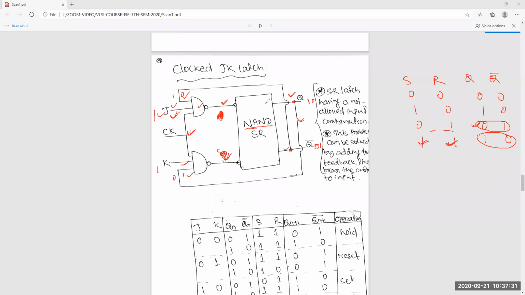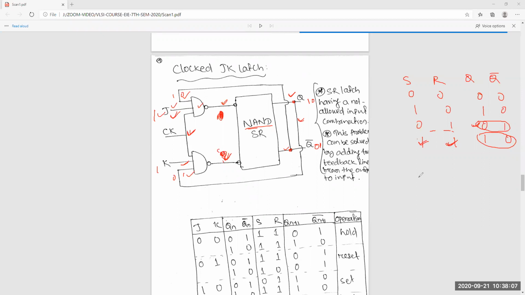But here also some problem is there. What are the problems you can say? Because of that toggling, we cannot get a stored memory, so we have to use a master slave.